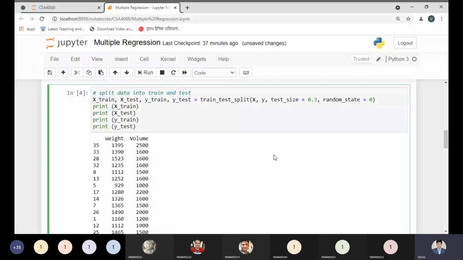With the help of the train_test_split method, we will divide the data into two parts, one training and another test. Here I am taking the same syntax as we saw in the previous class. So x_train, of course, the x feature, because our information will be 2D in nature.